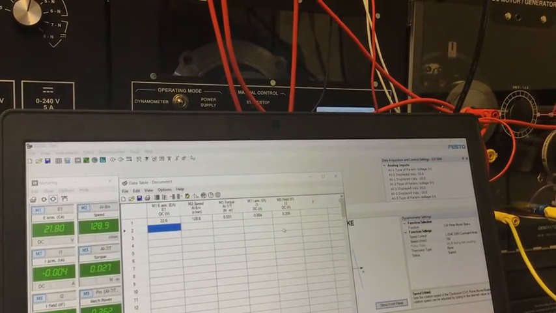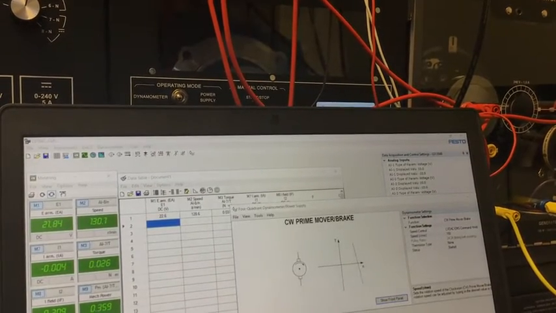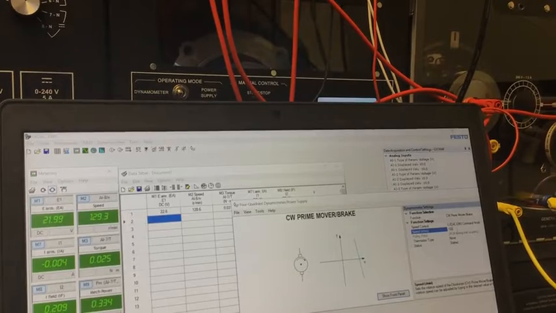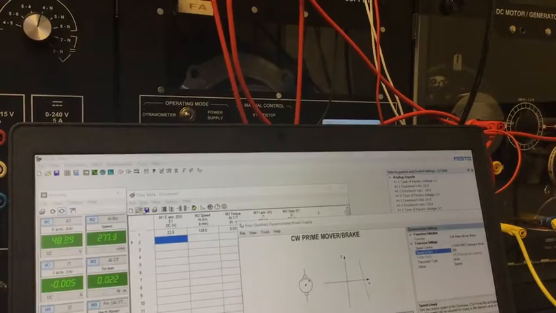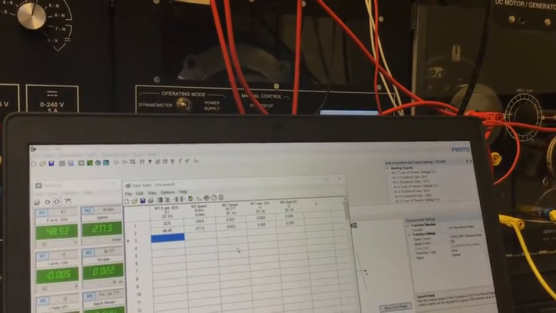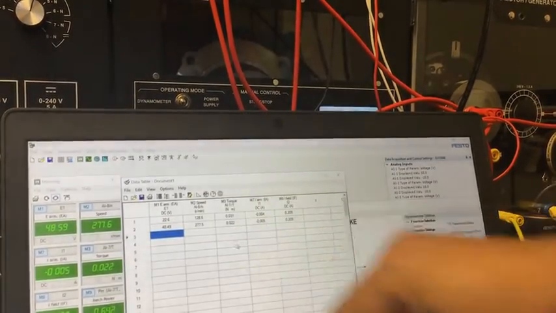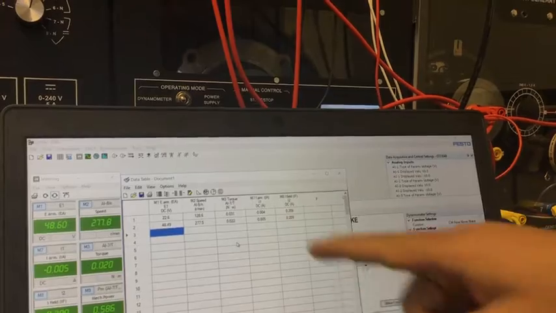If I save the data, this is the data. If I increase the speed to 300, you can see this. You can see speed and torque.